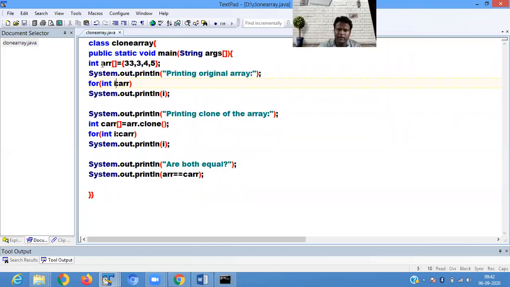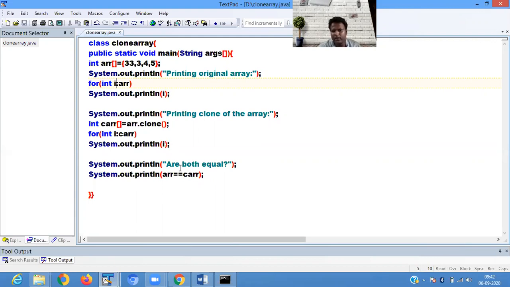Here we define an int array arr of 3, 3, 4 and 5. It prints your original array using the enhanced for loop. Now here I define another array, int carr, then arr dot clone. Using the clone method it copies all the elements and stores them in carr. Now it is printing all the elements.